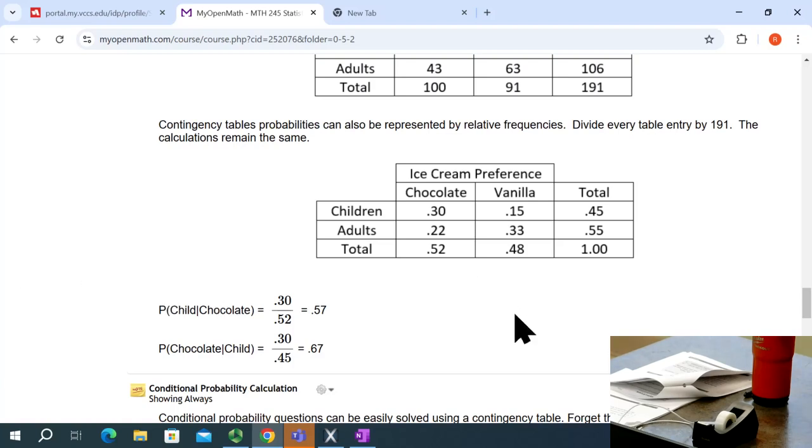Here's the probability that an individual selected likes chocolate, given that it is a child. I have a child. What's the probability that they like chocolate? Now I've got the other direction. There's my 0.3. But now, given that it's a child, it's over here. Right? And the conditional probabilities are the most useful ones because these are the ones that actually are used.